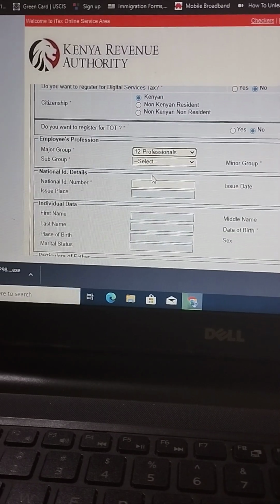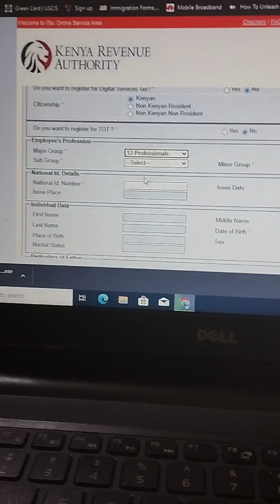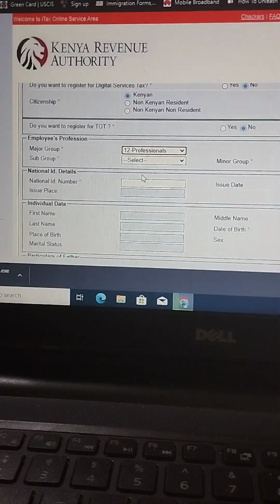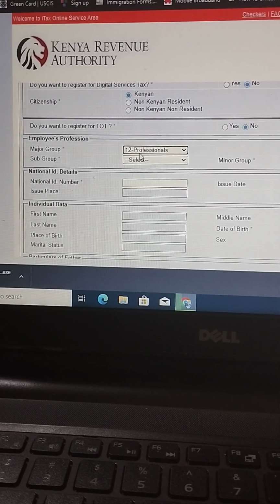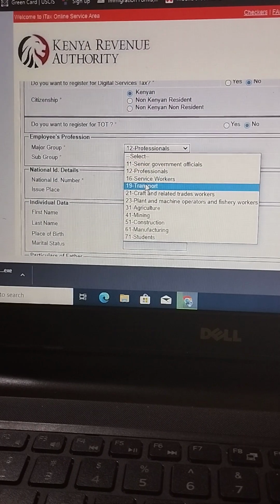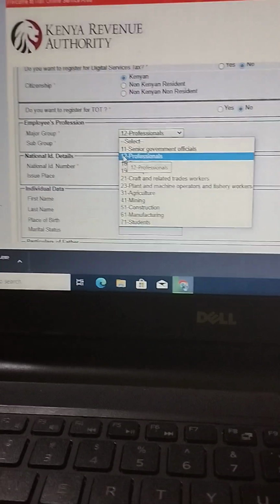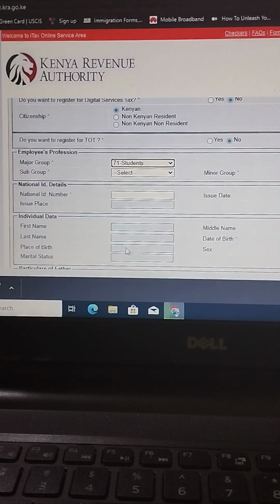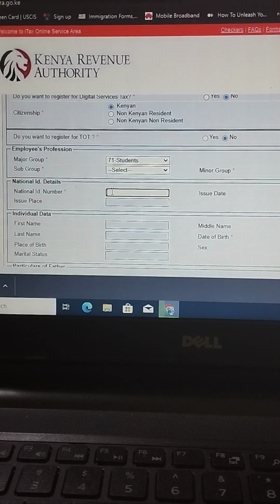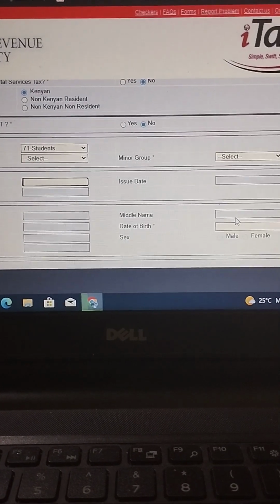You can update it later, that is after you've accomplished your schooling and you're in the profession of doctor or service workers, etc. Then we're gonna continue with student. Then here just type in your ID number and your date of birth,